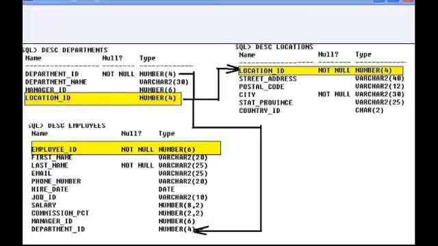Displaying data from multiple tables. By now you know that we have an employee table, a department table, and a location table. In a database, we put the data in multiple tables to reduce the redundancy and duplicated